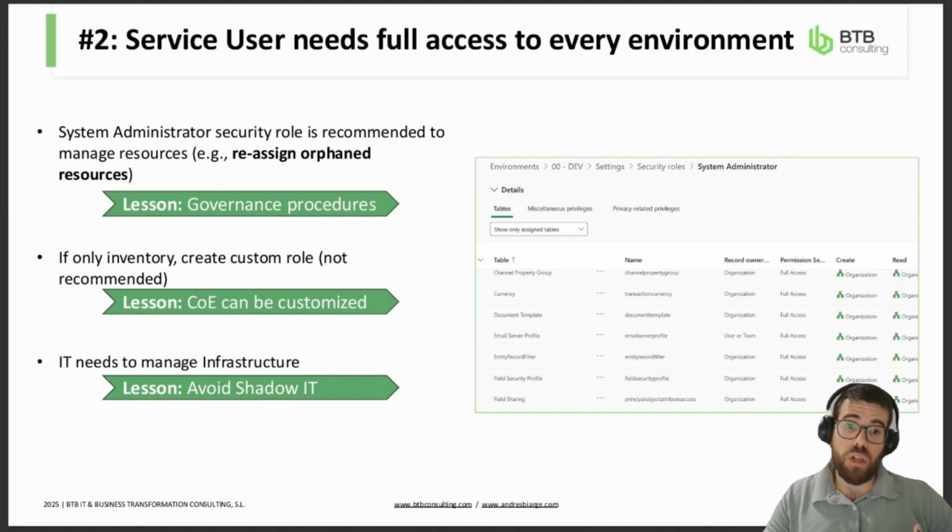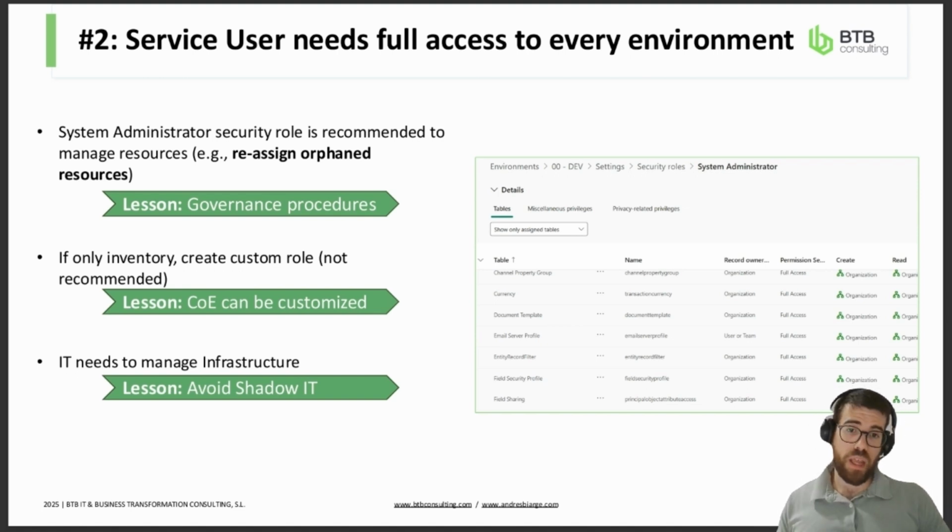Because we not only need to do inventory, but we also have to manage some resources as part of the governance framework. For example, what happens to orphan resources? A person leaves the organization and leaves a lot of flows and apps hanging in there, and we need to reassign it to a different owner so that they don't stop working. We need enough privilege to do that, and that is done by assigning the system administrator security role